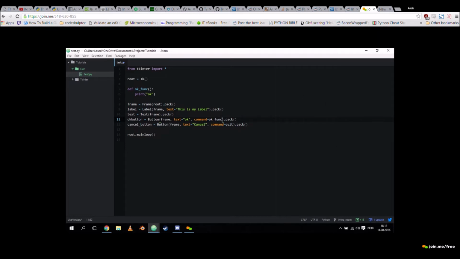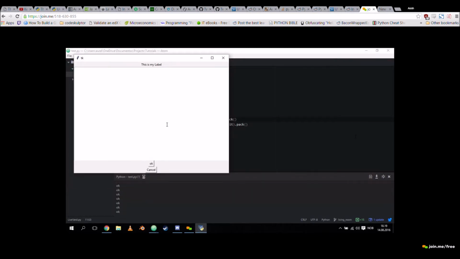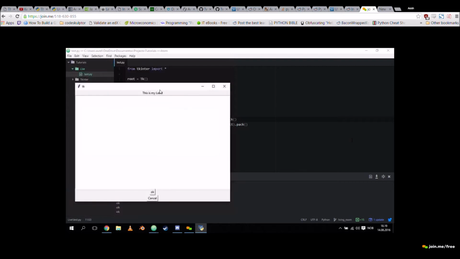I put it in as a callable variable, so I do not do this. I don't do that unless somehow that function produces another callable, which is possible. But what I want is just the straight dope there, like that. Clicking the button, okay. Simple, straight, no problem.